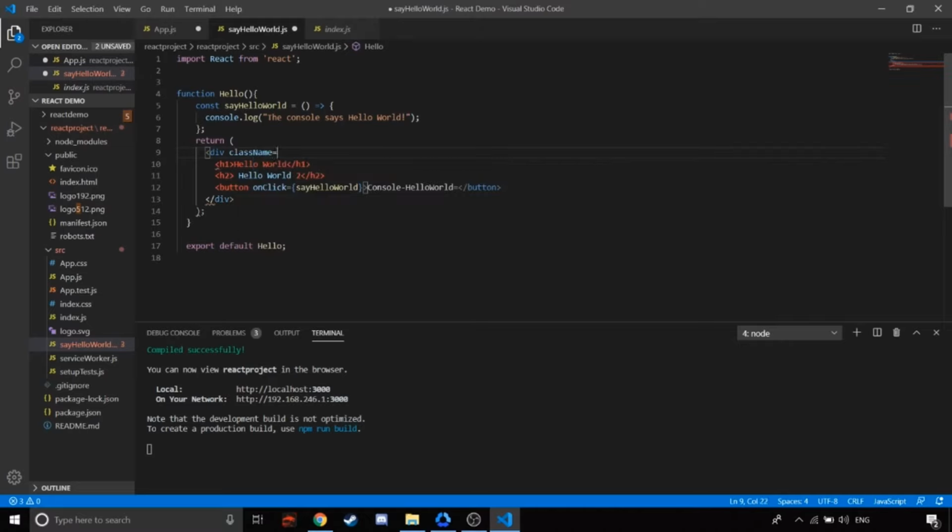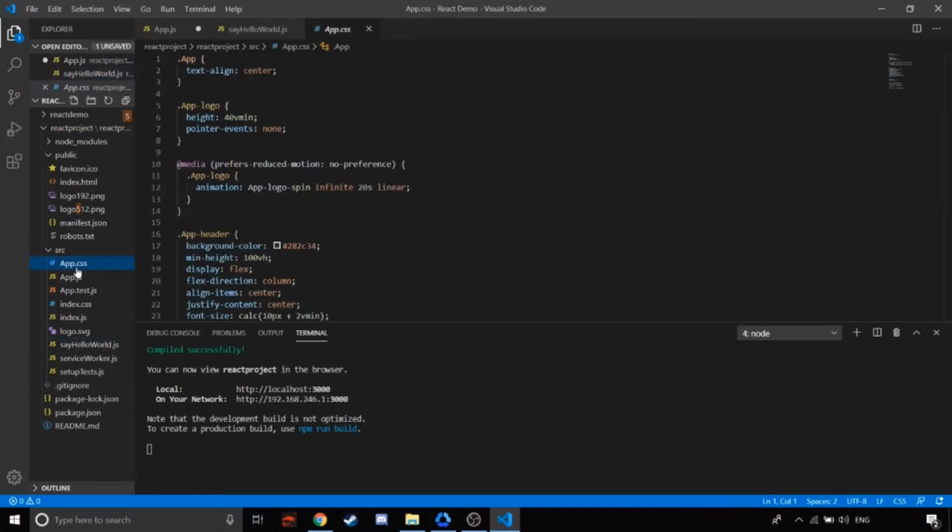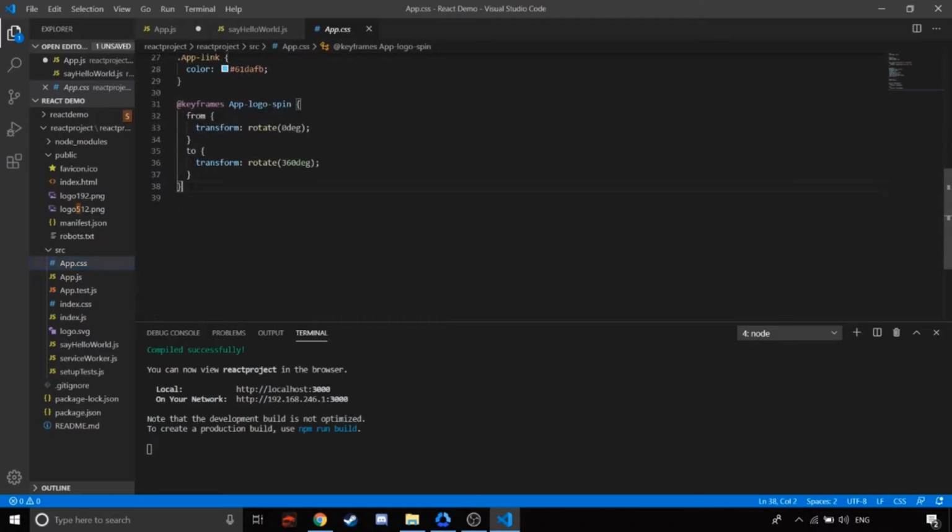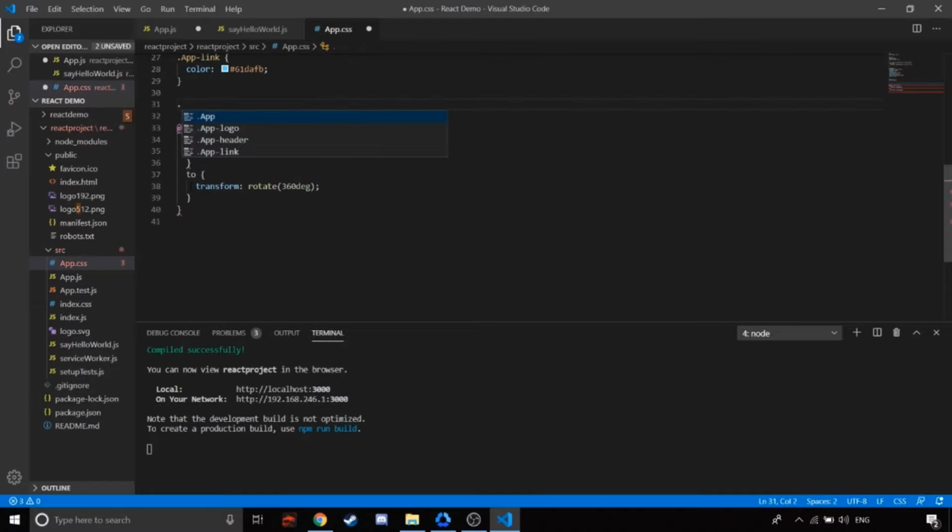We'll call this class name hello style, and we'll close off the Angular. Once we save that, we'll go into app.css and add a new class over here. The class name is hello style. We'll open up the style bracket for this,